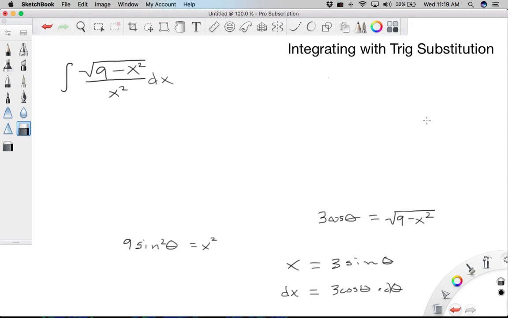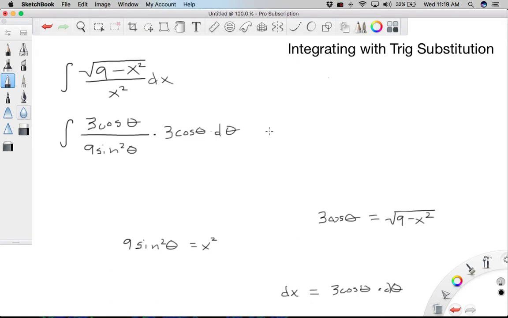So basically we have our 3 parts here. And I'm going to go ahead and rewrite this integral in terms of theta. And so the way that's going to work is square root of 9 minus x squared, well, that's actually the same thing as 3 cosine of theta. Sorry for my handwriting. I'm not sure what's going on with my tablet today. Divided by x squared. Okay, so instead of writing x squared, I'm going to write 9 sine squared of theta. And then this was all times a dx. So instead of writing dx, I'm going to write 3 cosine theta